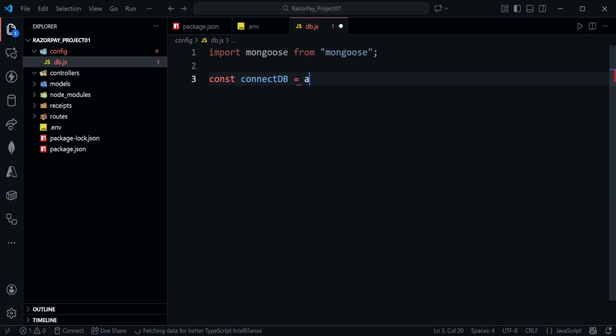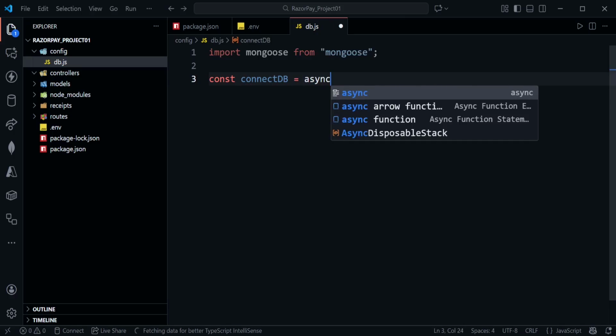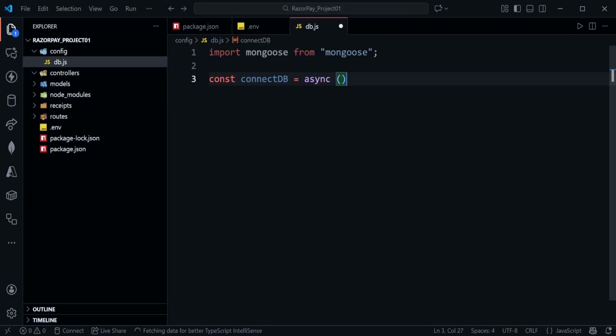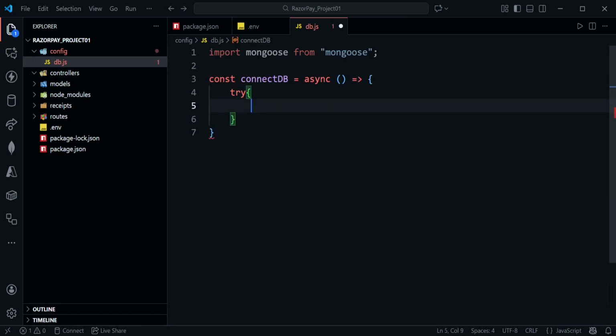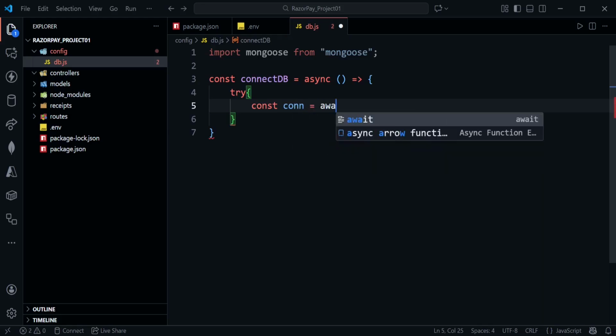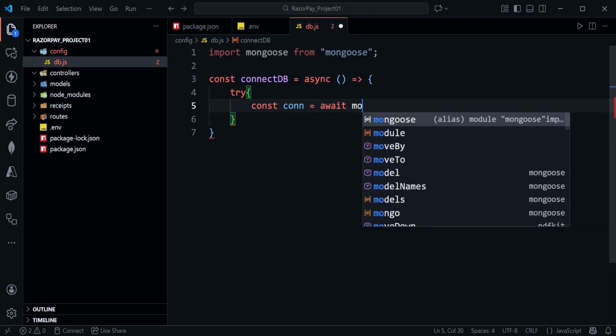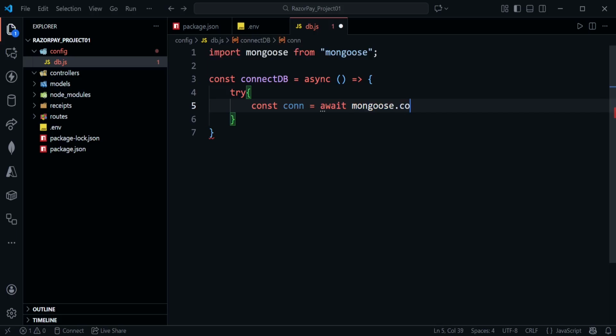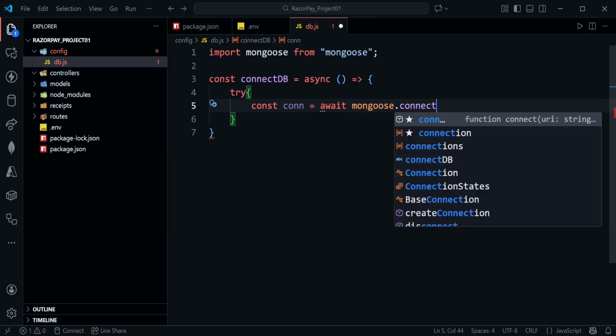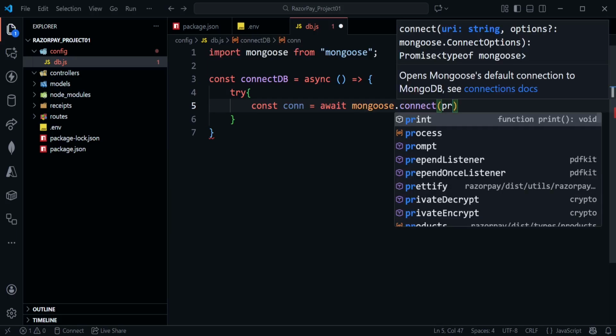Okay, and then async. After that, create an arrow function and come here. Then we are going to create a try statement, try and catch, to handle the error. And then you have const connect and create an await. Then what you should do is mongoose.connect, and in the connect just set the process